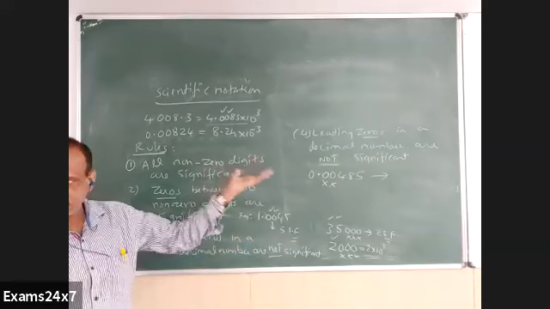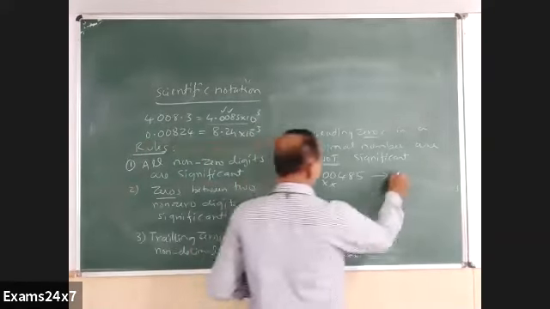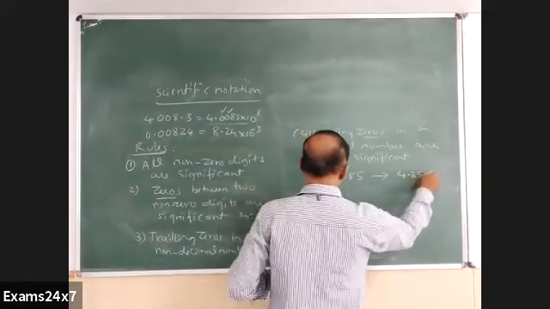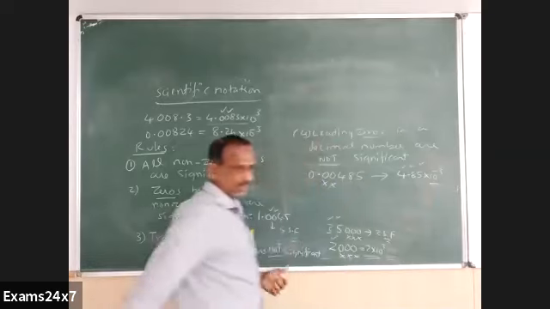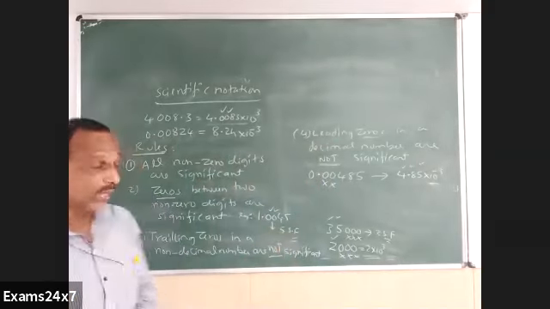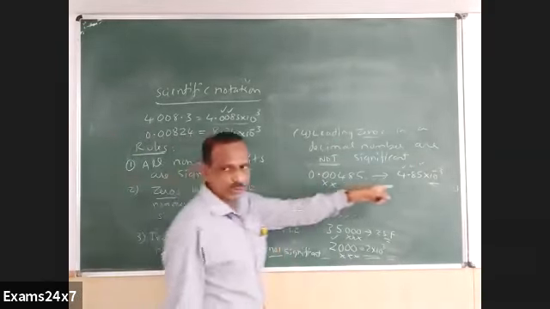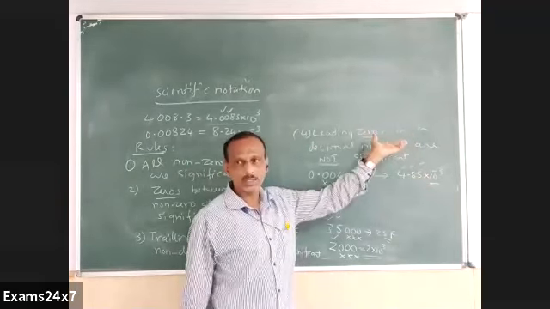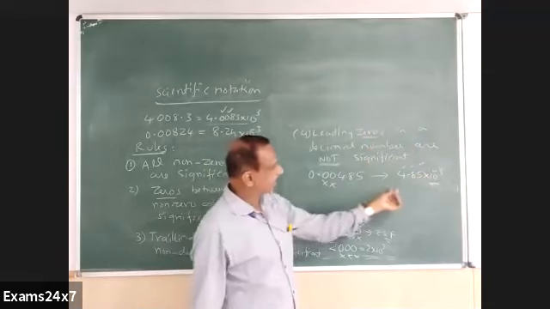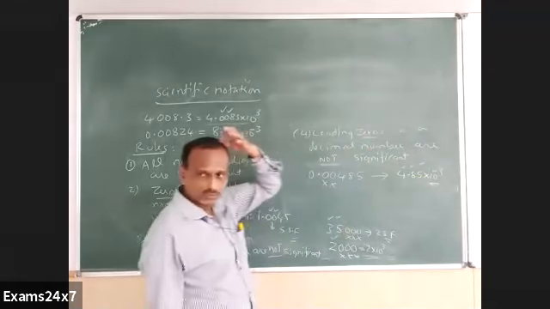Into 10 power minus, we can write this as 4.85 into 10 to the power of minus 3. So there are only 3 significant figures. So always, if you write in scientific notation, you will have less confusion. Raise 10 to the suitable power, plus or minus number, then automatically you will get the number of digits which are significant in that.